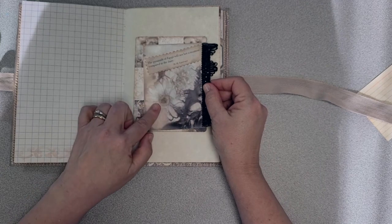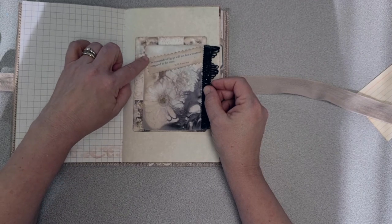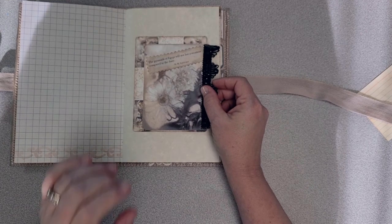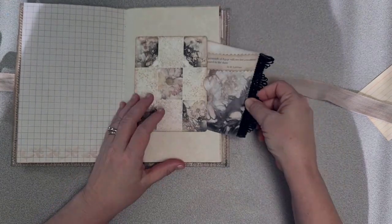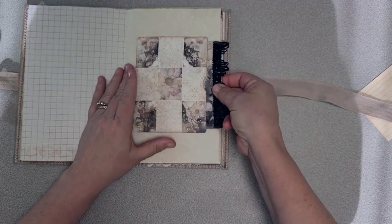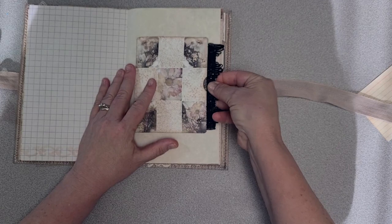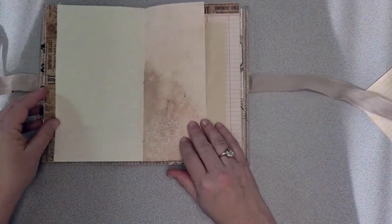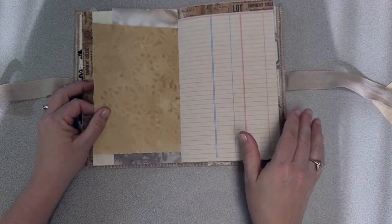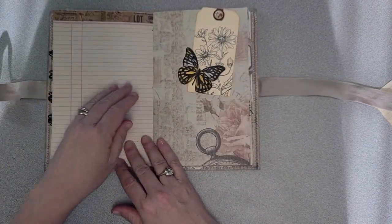And inside here we've got another of the Daisy eco-dyed images and another Daisy words. "The Pyramids of Egypt will not last a moment compared to the Daisy," by D.H. Lawrence. So I know these were intended to be cut apart, but I just loved the way they looked all together, so I just kept them that way and turned them into a pocket. And here we've got some more of the eco dye, some coffee dyed paper, more ledger paper for writing,